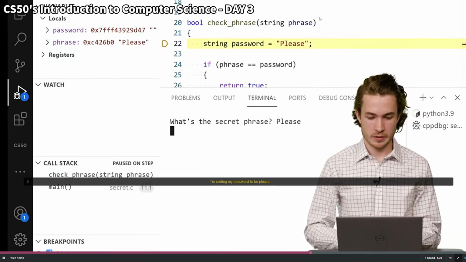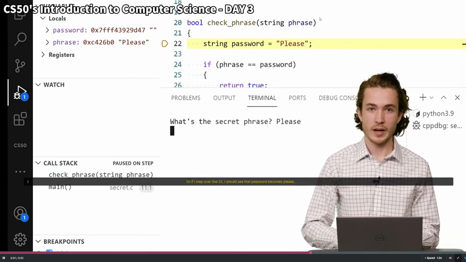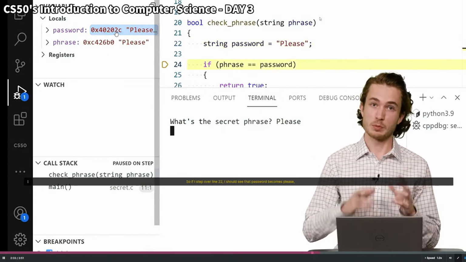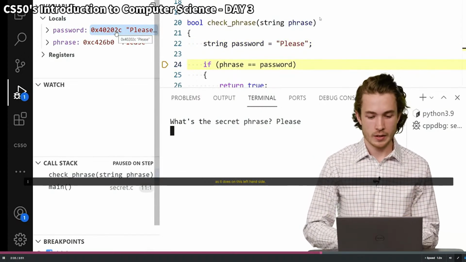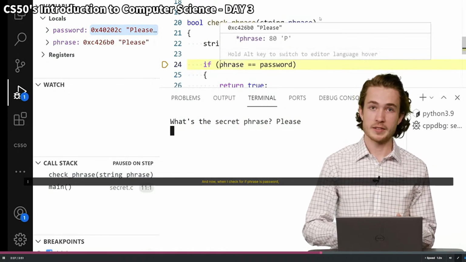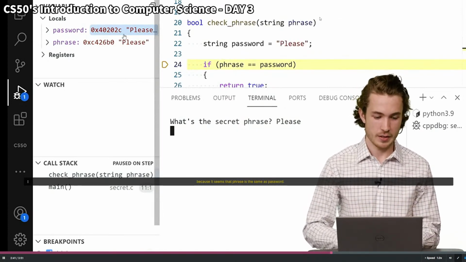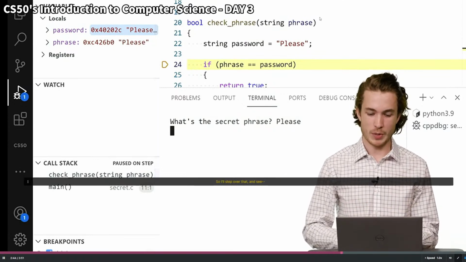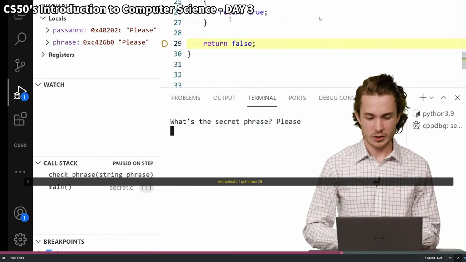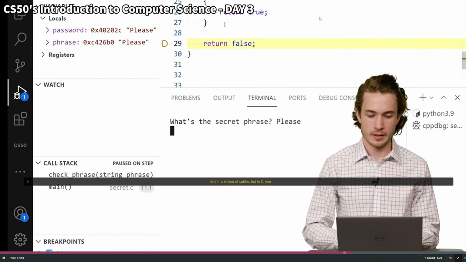And then I see I'm setting my password to be please. So if I step over line 22, I should see that password becomes please, as it does on this left-hand side. And now when I check for if phrase is password, I should actually be able to return true, because it seems that phrase is the same as password. So I'll step over that and see, well, actually I get to line 29, and this is kind of subtle,